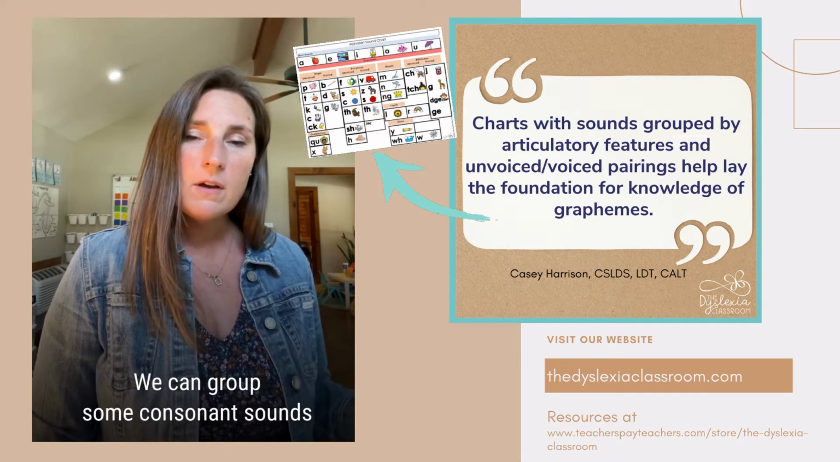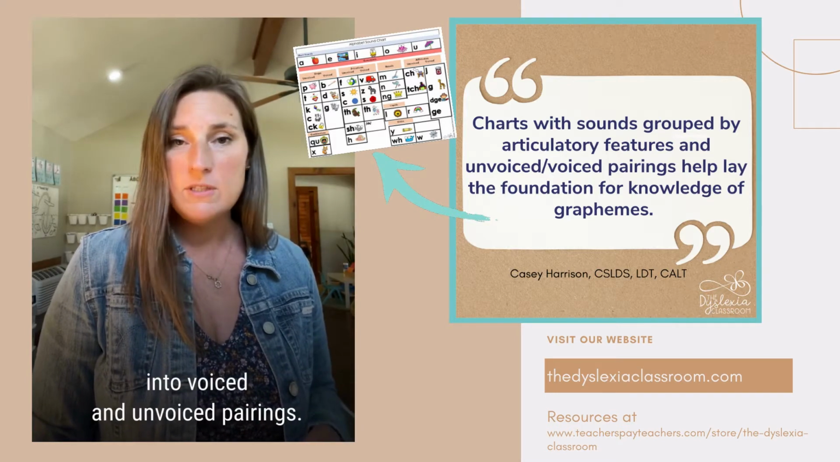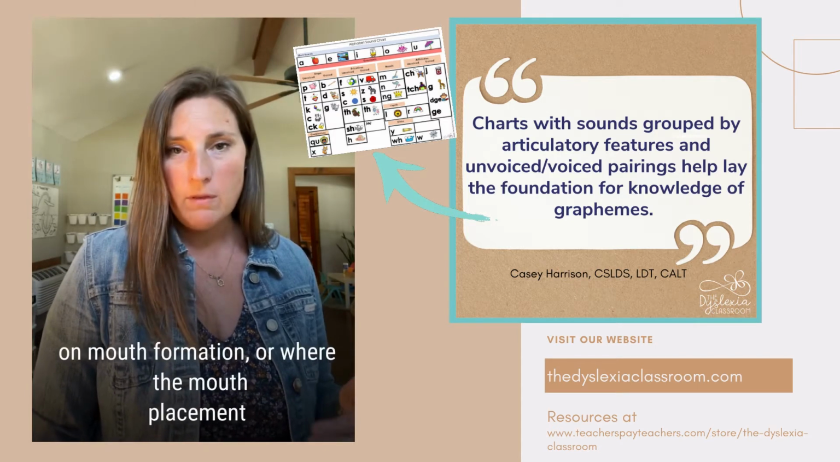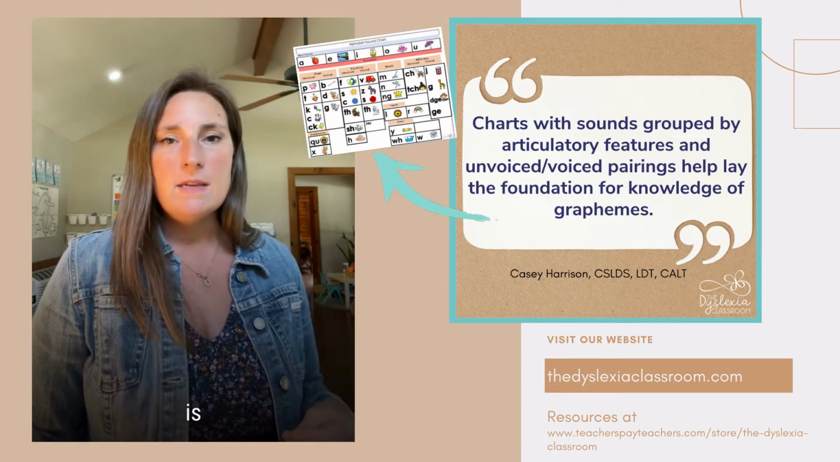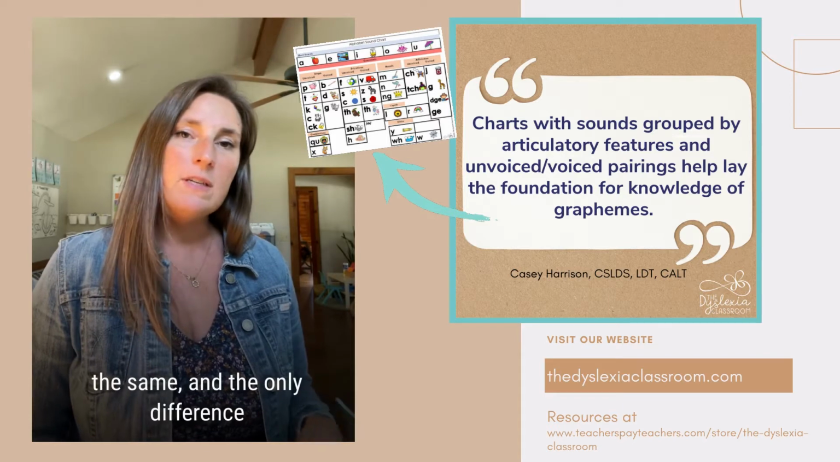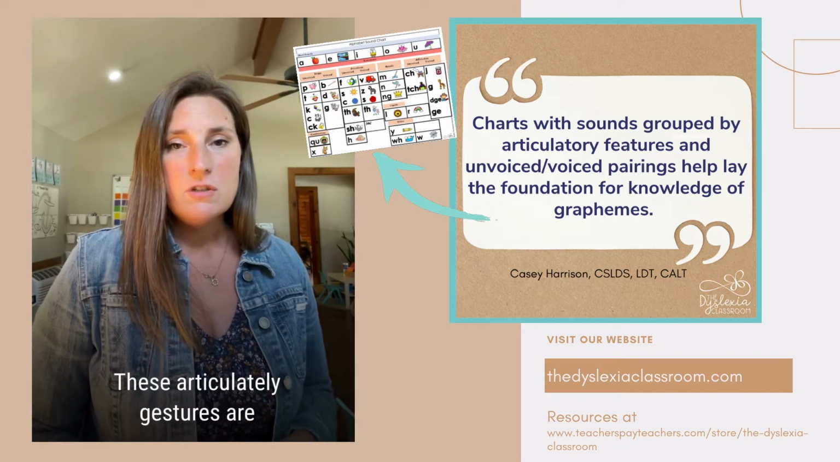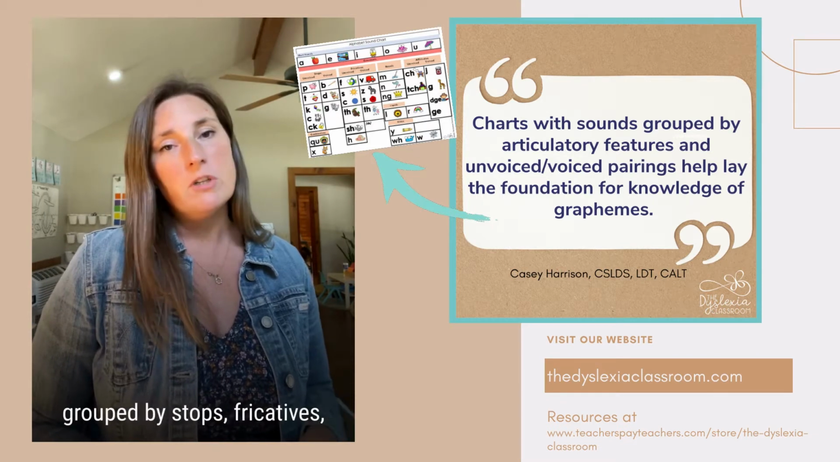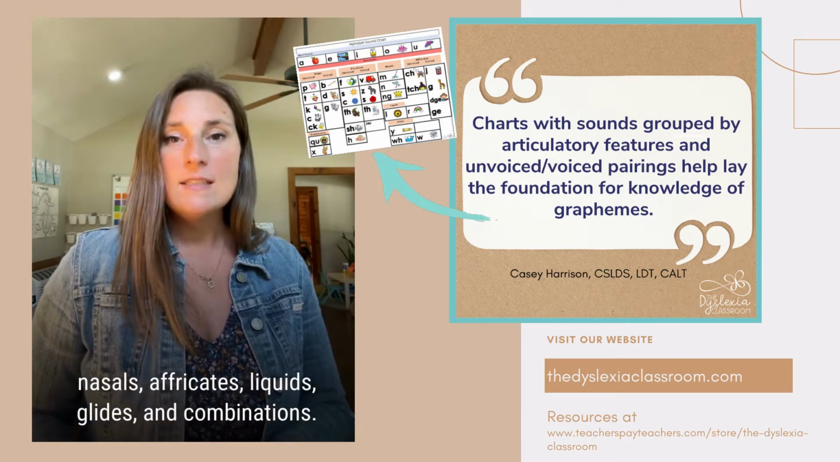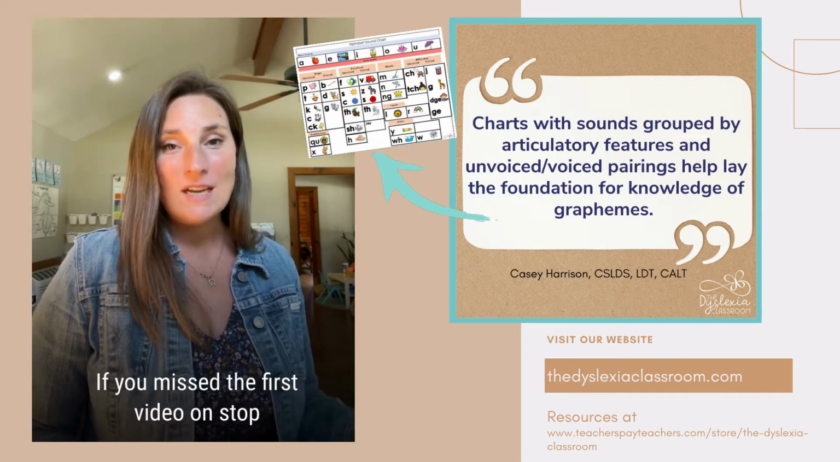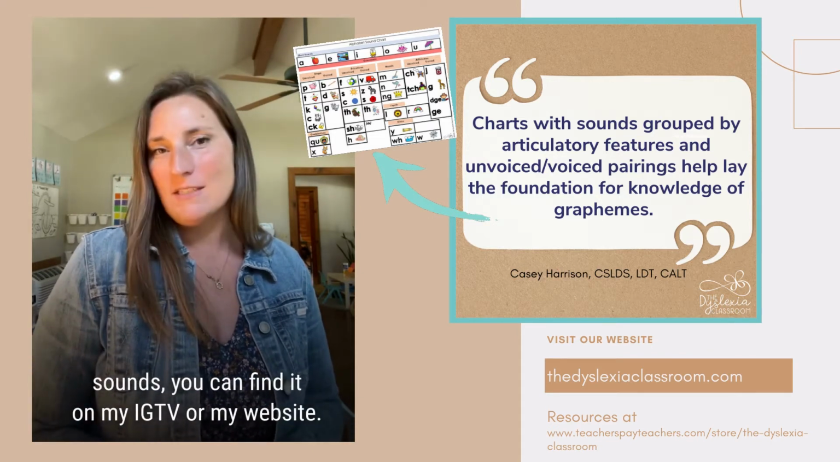And we can group our consonant sounds into voiced and unvoiced pairings. These pairings are grouped based on mouth formation, where the mouth placement is the same, and the only difference is if the voice is on or off. So these articulatory gestures are grouped by stops, fricatives, nasals, affricates, liquids, glides, and combinations. And if you missed the first video on the stop sounds, you can grab it on my Instagram TV or